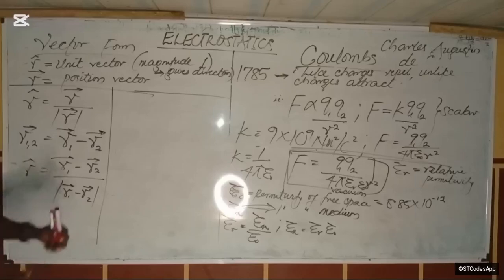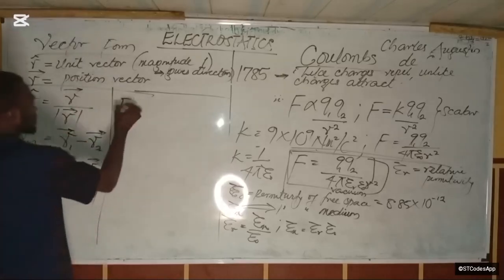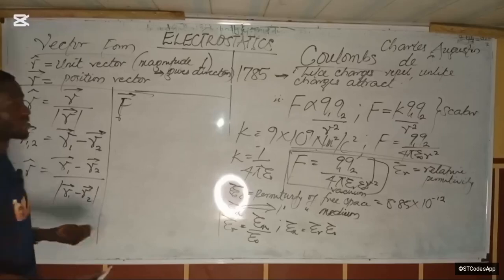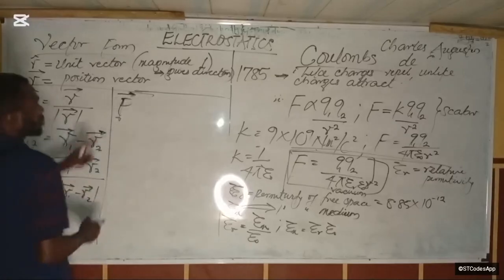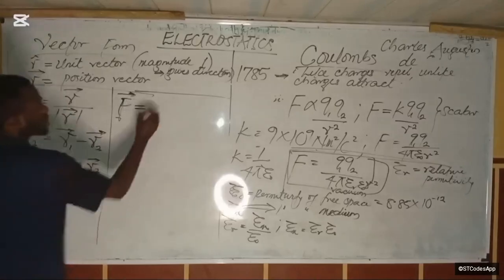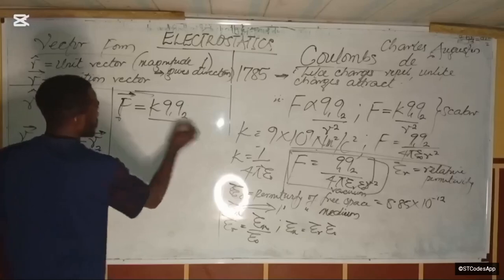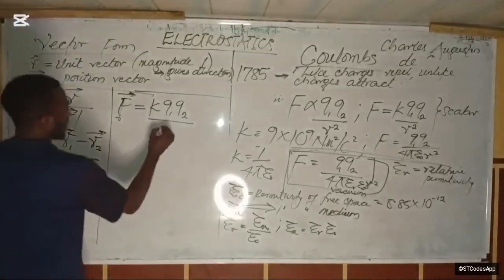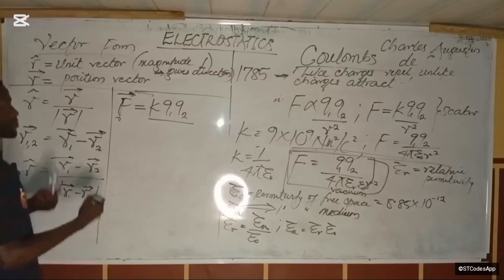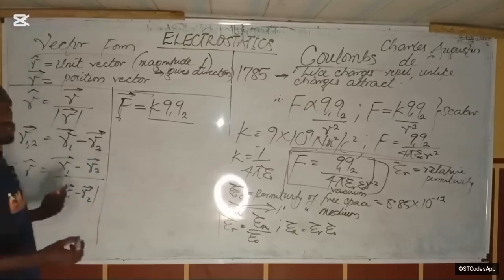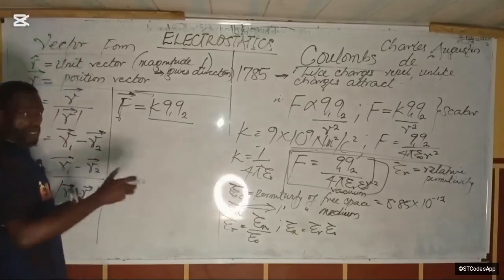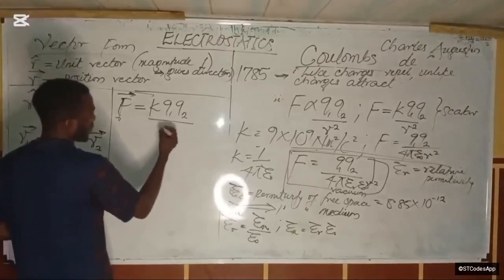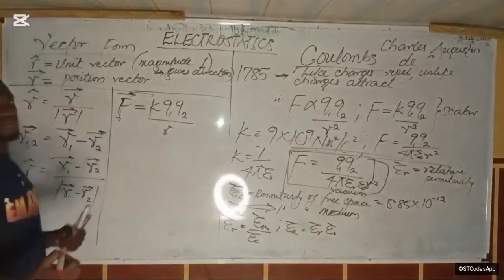Now, the moment we introduce this into the equation, our force F vector, this arrow denotes vector, you should at least know that. So F will now be equal to K Q1 Q2. Remember, these are scalars. K Q1 Q2 over, if I was just talking about one position, the distance between them, the position vector between them, that will become R. Usually they are never isolated.